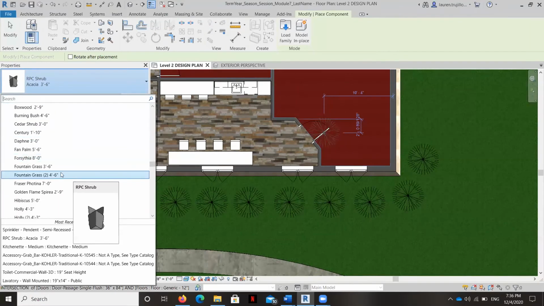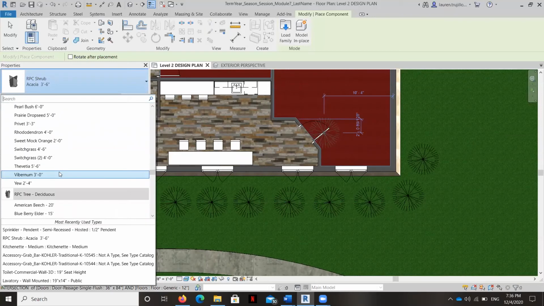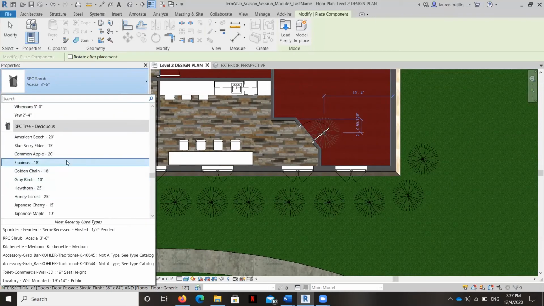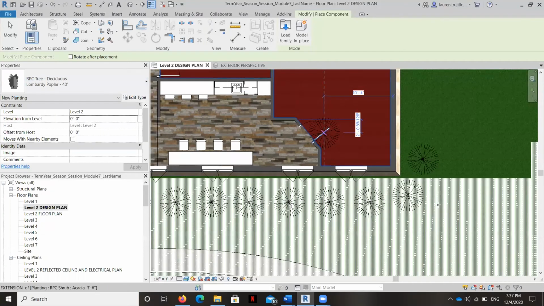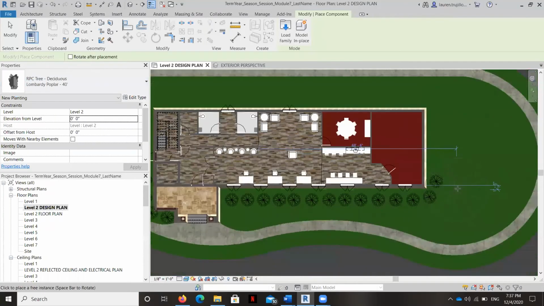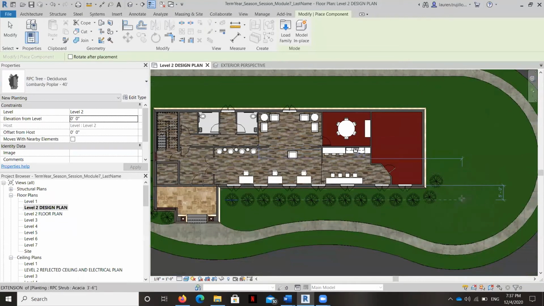And it gives the heights here, which can be very helpful. I want to put a really big tree right there. And I don't even know if this would grow in this location, but like I said, I just want the rendering to look really good.